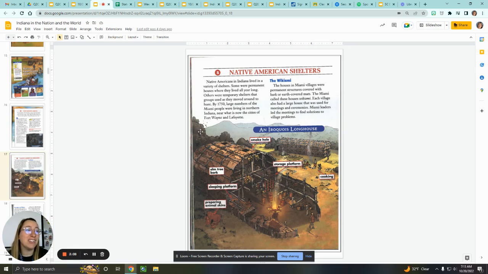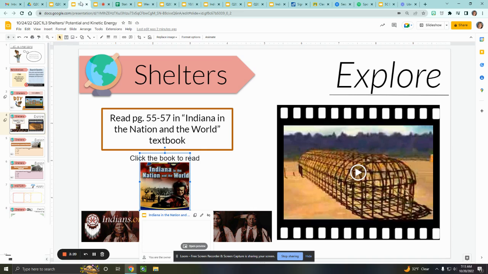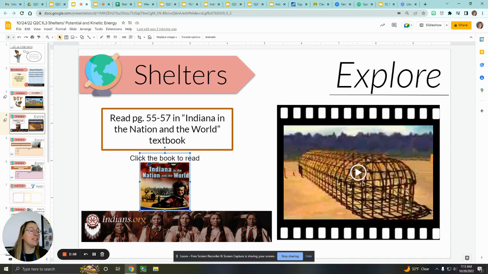If you notice, they show a great image here of things they used in their environment to make this, right? Elm tree bark is something that they use to create their houses, which is pretty cool. Then there's a video where somebody made this video of how they would have made their house. What did they start off with? How does it look in the end? It's a pretty quick video, so if you want to watch it more than once, maybe just twice at most,